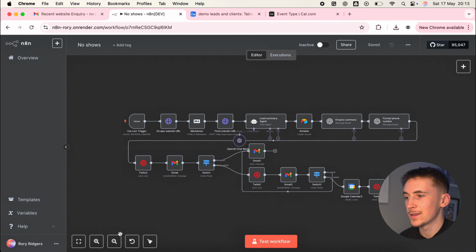Okay guys, so we're in N8N now and this is kind of the system that we're looking at. As I said, looks relatively simple, but it is very, very effective at getting these people to actually show up to the meetings that they book for. So basically, just to give you a brief overview of what's actually happening in the system, we have a Cal.com